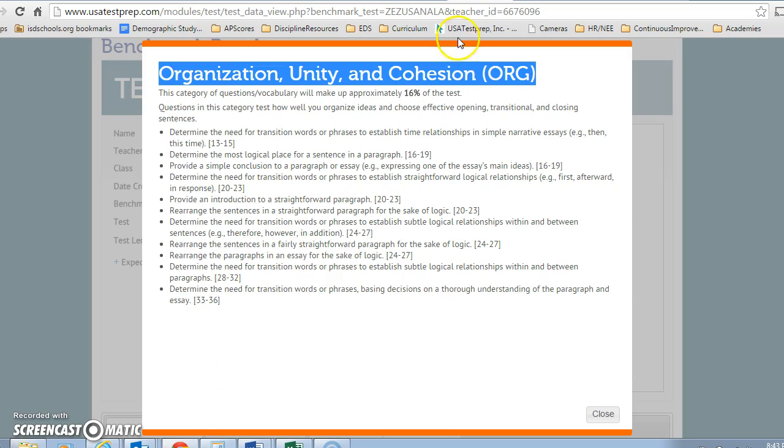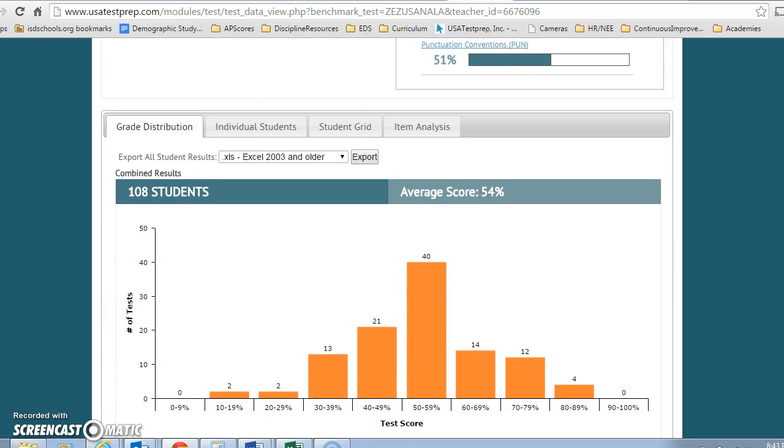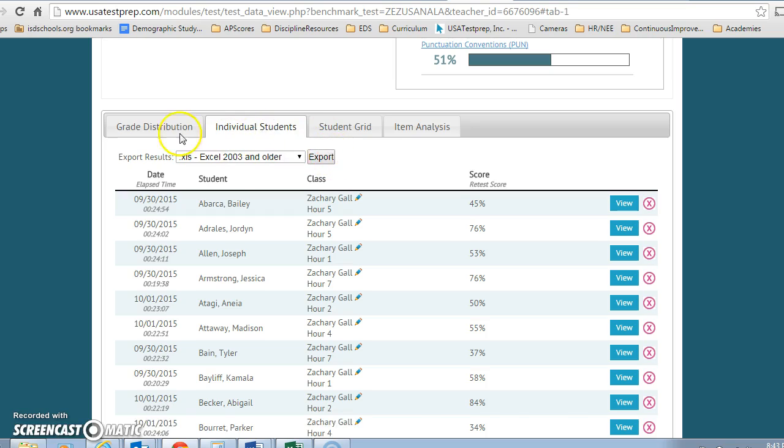I come back to USA Test Prep, and close this window, and a place where they're struggling, I might put this there, and I could just copy it from here. Another place that you can view it, if you come here to individual students,